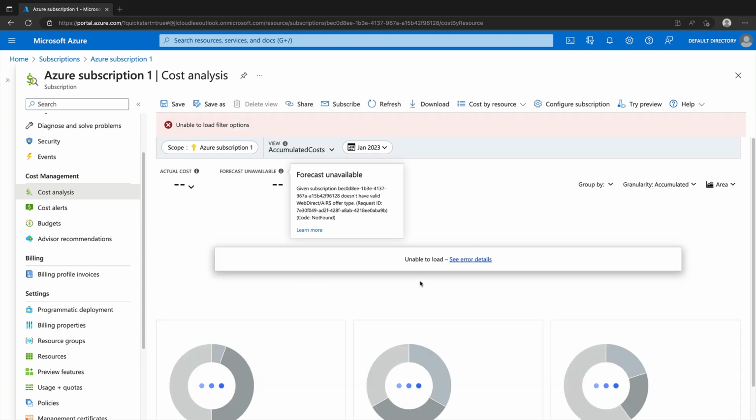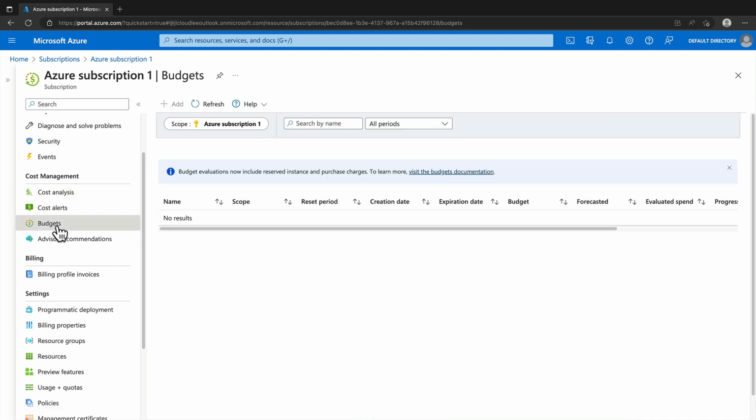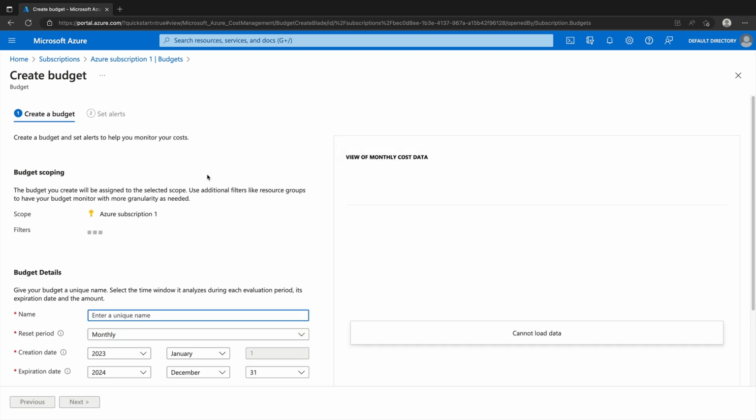Now, we won't have any information right now, so we're not going to see anything and we'll get some errors. But as you continue to work through Azure and as you build more services and start being billed, you're very likely going to find this tool quite handy. However, for now, we want to focus on budgets, so let's click on the budgets option on the left-hand side. And you'll see we shouldn't have anything here if this is the brand new subscription that you just created. So what we want to do is click on the add option, and we're going to create a budget right